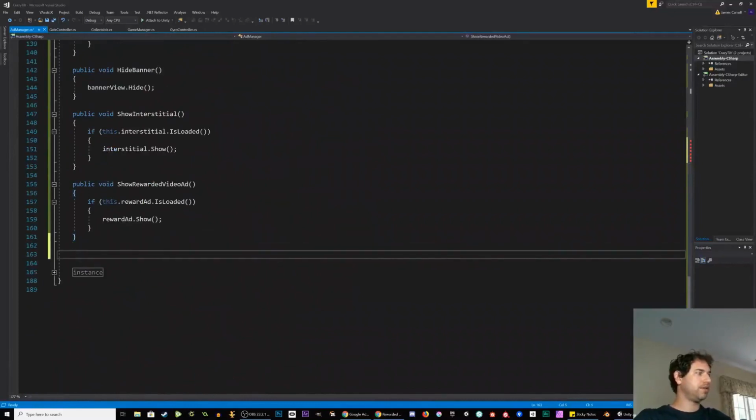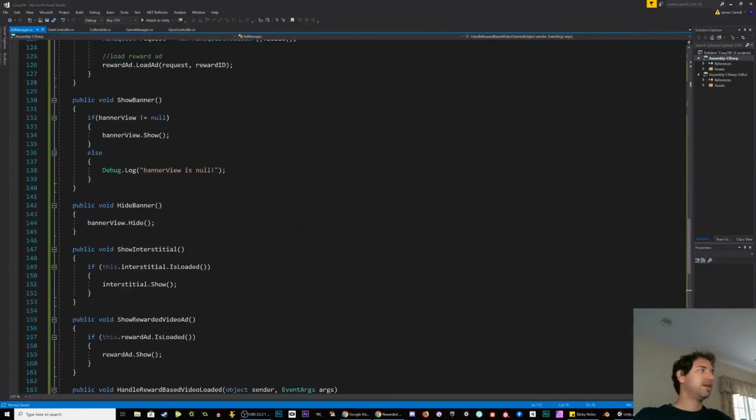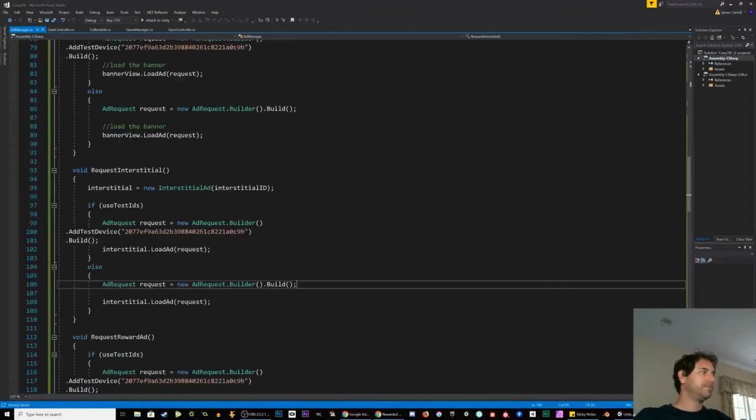Actually go down to the very bottom and paste them. And now that you have system, using system, it recognizes event args. I had an error when I was doing trial runs of this where this was throwing an error. Also, okay, so now that we've got this done,